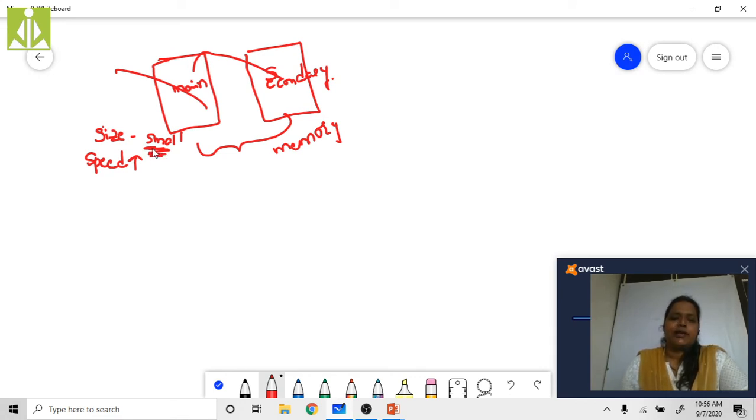Memory management means, suppose I have a process P1. This process P1 is going to have some 100 instructions, but the capacity of main memory is 75 instructions only.